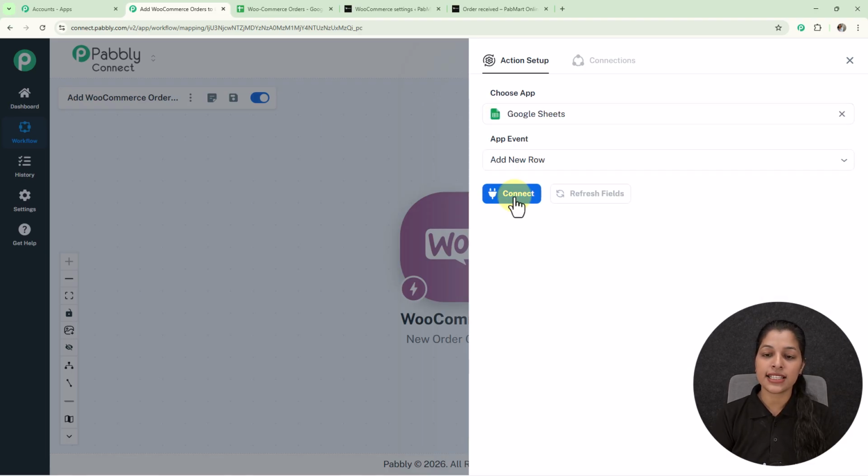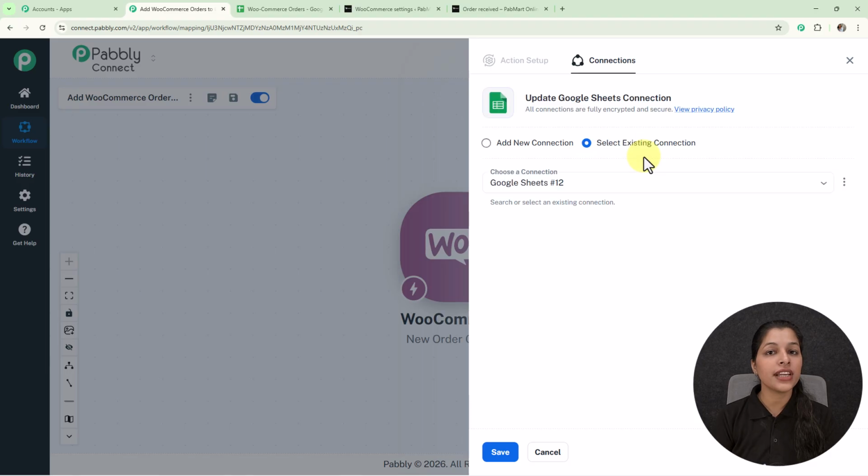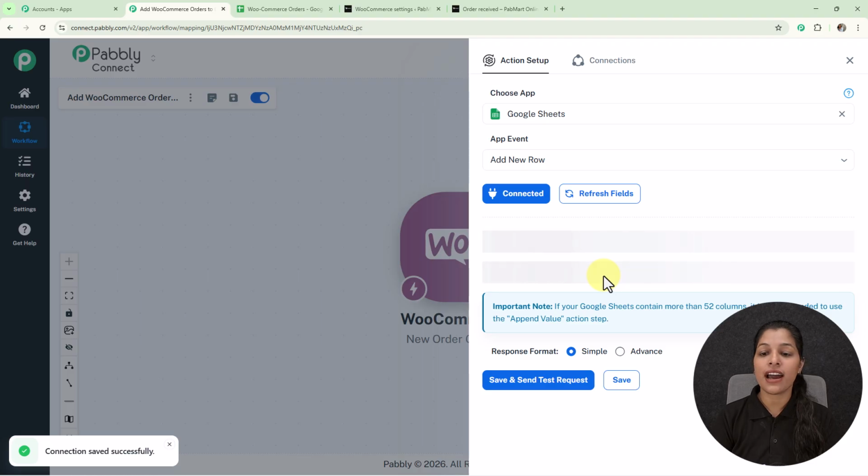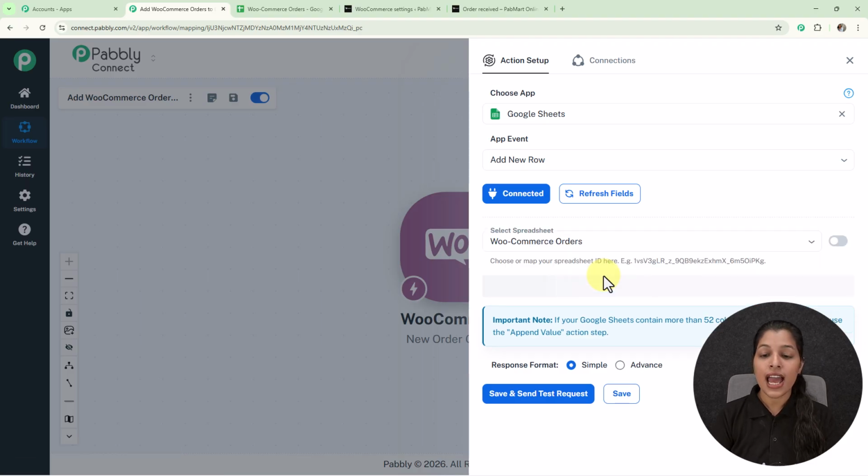new row. Now let's click over this connect button, and here we are landed to the connection page where if you want to build a new connection then you have to sign up with your Google account, but I am going to use my existing connection. So now let's click over the save button, and here our connection has been built in and we are getting